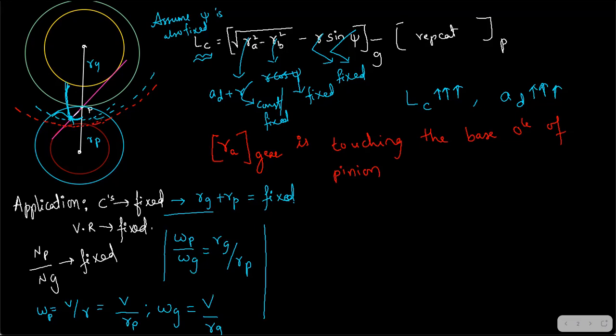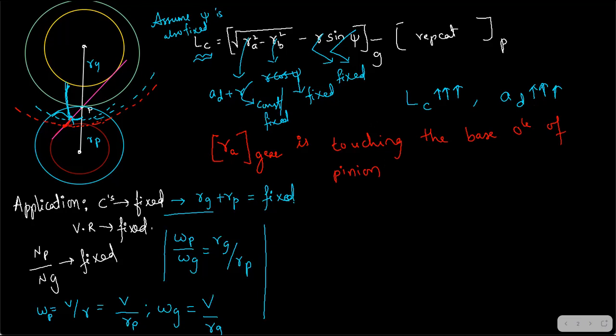I would say that still it is not a problem because the path has increased. The path will start here and has increased by this much. Even on the other side, we will do the same thing. For example, this is your pinion addendum, and you can increase the pinion addendum even till here, no problem. So the path also increased, this much here and this much here. If the path of contact increases, the contact ratio will increase. If the contact ratio is increasing, more teeth are sharing the same load. It means there is not much load on individual teeth. So you can see that, yes, the pinion.